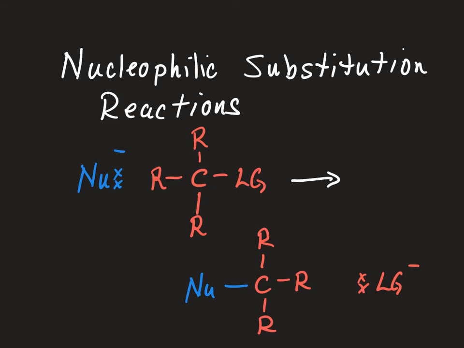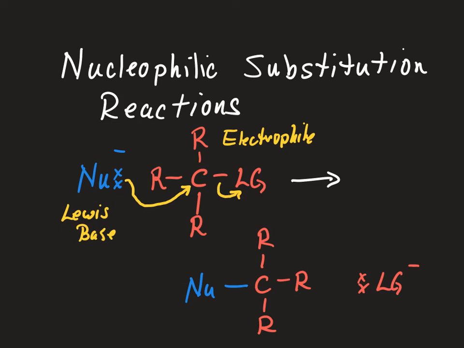In nucleophilic substitution reactions, we have something that acts as a nucleophile, right? This is something that is a Lewis base, and it's going to cause another group then to act as the electrophile, or Lewis acid. And what's important is that this other compound has something that can act as a leaving group, right? Something that can take those electrons and break that bond as the nucleophile forms a new bond with that carbon,